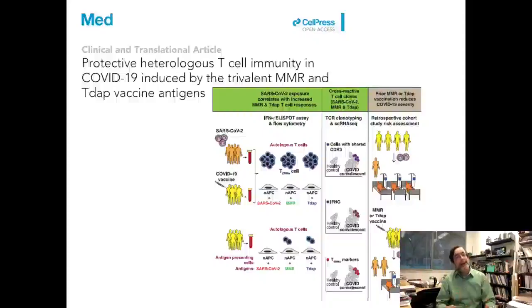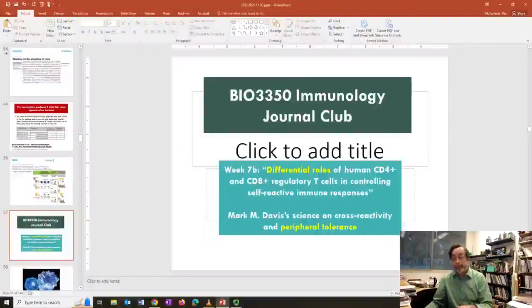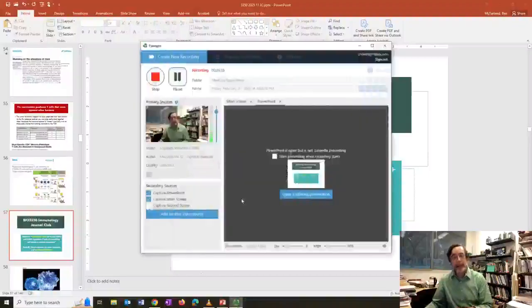How much is this? This definitely is not as good a protection as an actual targeted COVID vaccine. But because the immune system is messy and it overlaps, there is at least some hope that we have some kind of reaction to even something that is completely new that we haven't seen before. Which leads us to the question of what goes on with these cross-reactive cells and why do we have them? That's going to be the next topic for the next one.